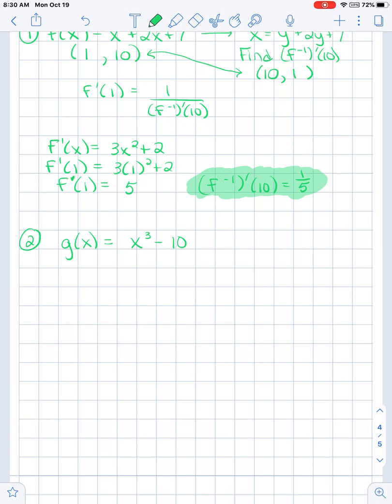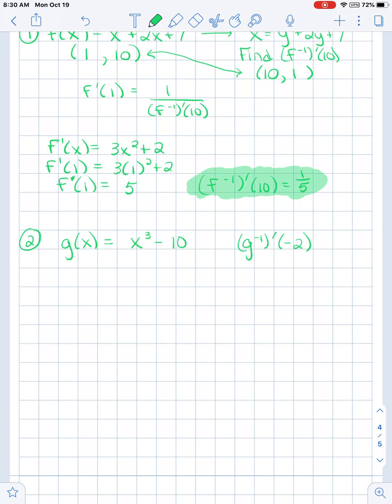Sorry, I'm kind of making this up as I go. If I'm going to try to find the derivative of the inverse of this function at -2,